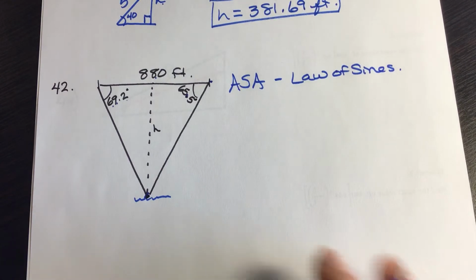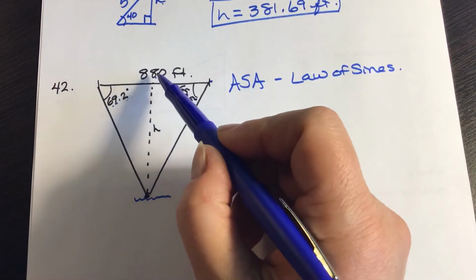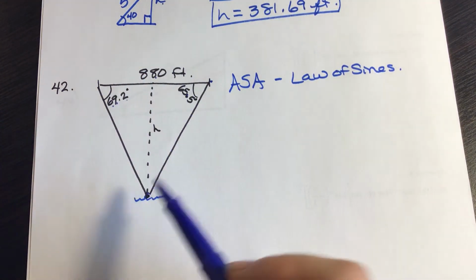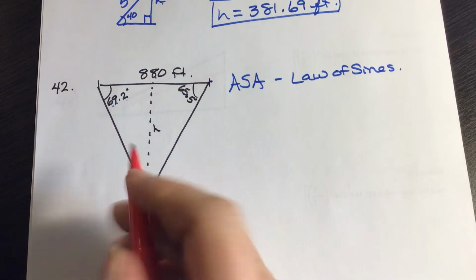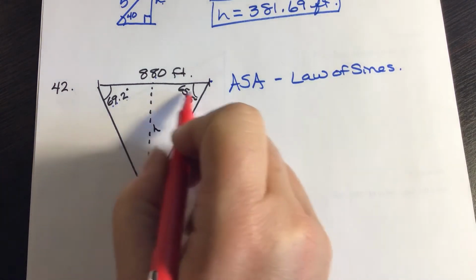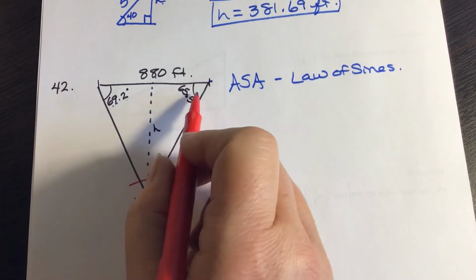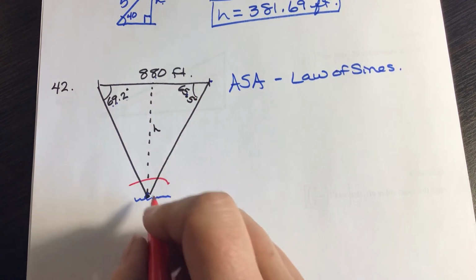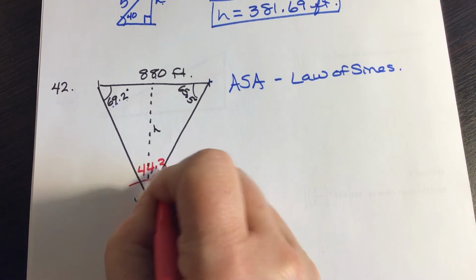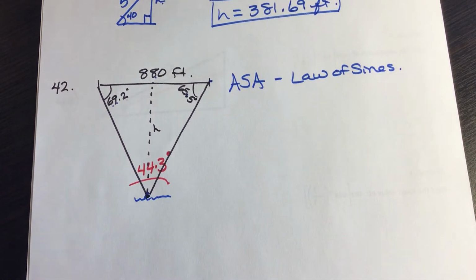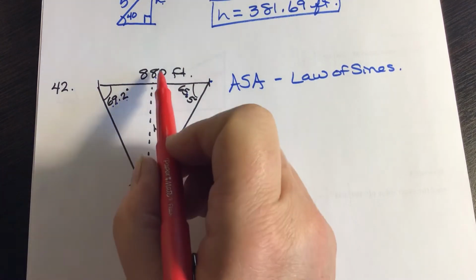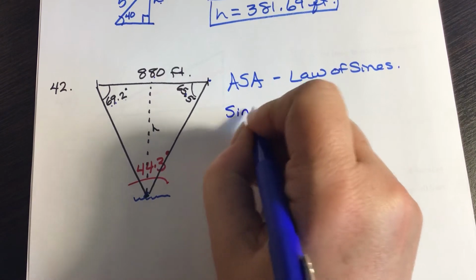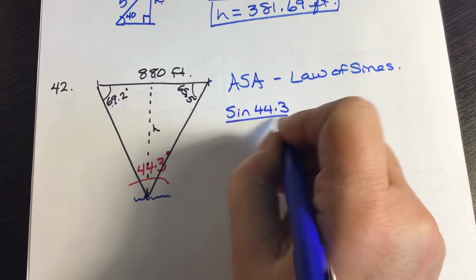All right, so the first thing that I need to do, if I'm going to use the law of sines, this is the only side that I know, so I need to know the angle opposite of that. So this angle right here, if I add these up and subtract from 180, I'm going to have 44.3 degrees. All right, so this is one ratio. So I have sine 44.3 over 880